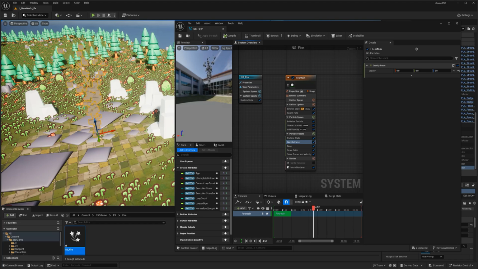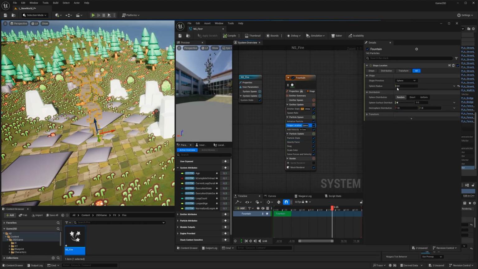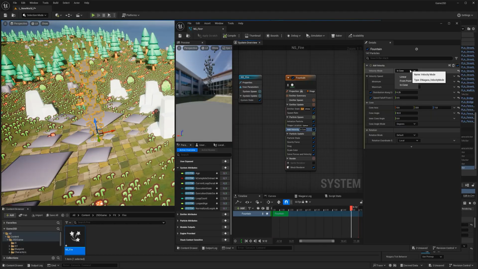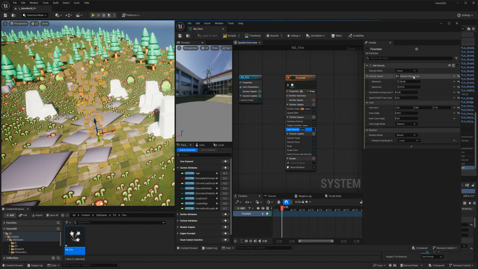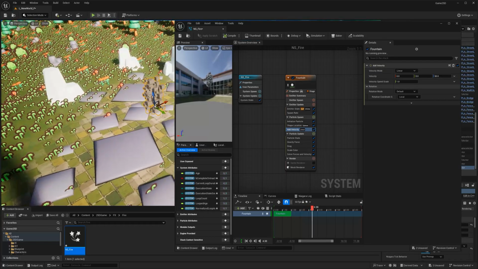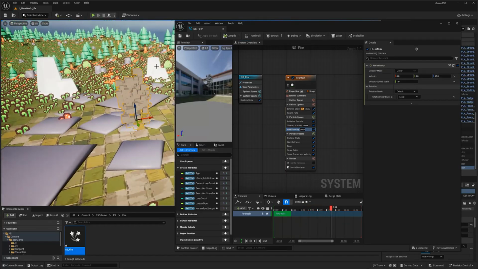And what we need is to make the location a little bit bigger. So I'm going to use sphere. That's totally fine. The add velocity is adding in a cone angle, so it tends to open up. I don't want that, so I'm going to actually say linear on the Z axis. So you can see there it's going up.